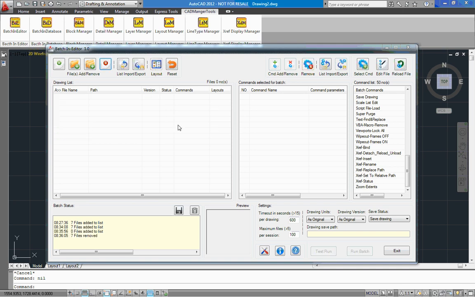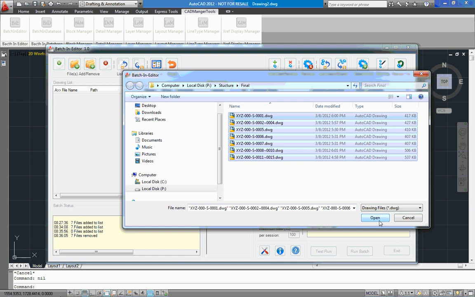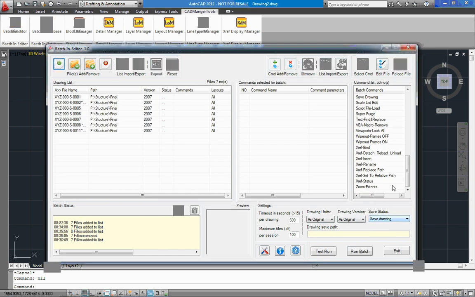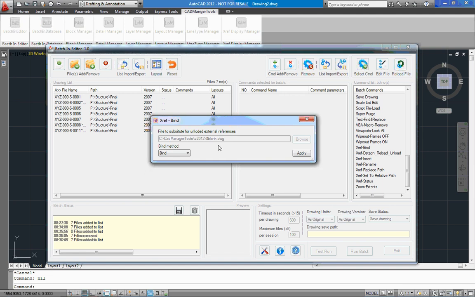Let us see the batch operation in BatchInEditor. I'm adding all the files. Xref bind. In the xref bind function, there are two methods available. You are already familiar with those two bind methods. One is the bind method, another is the insert method. So the bind method,